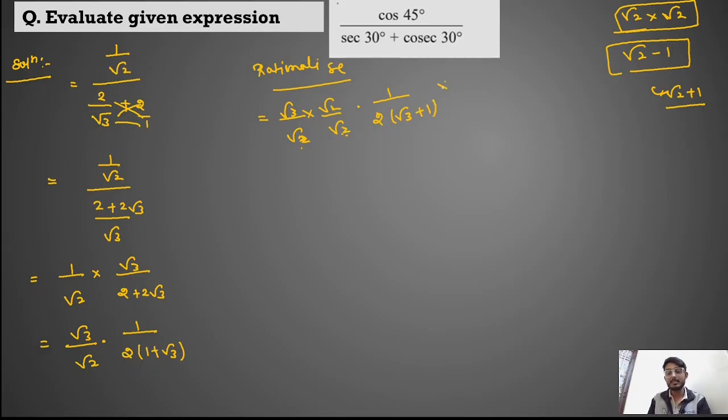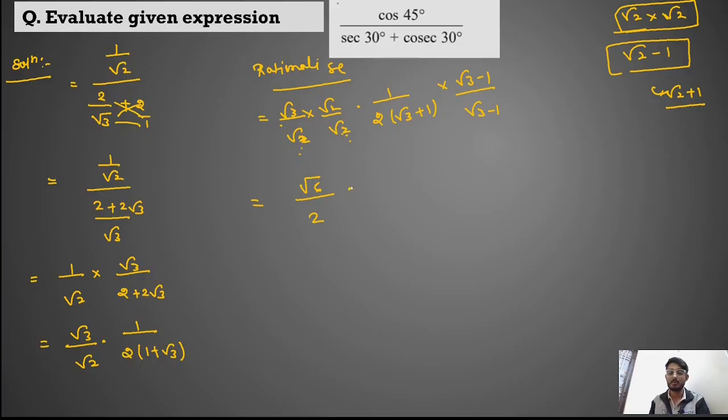And now you can rationalize this by multiplying by root 3 minus 1 upon root 3 minus 1. So whenever you multiply root 3 by root 2, both numbers under the roots are different, so you multiply 3 into 2, 6, and write root 6. When both numbers are the same, you can write only 2, or write 2 into 2 as root 4, and you know that root 4 equals 2, so you can write directly 2.